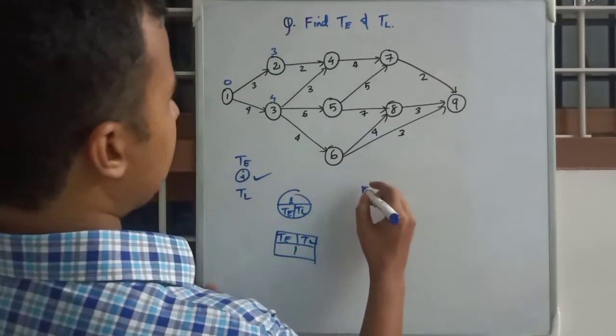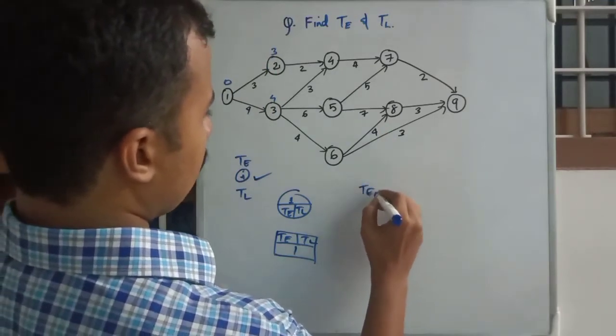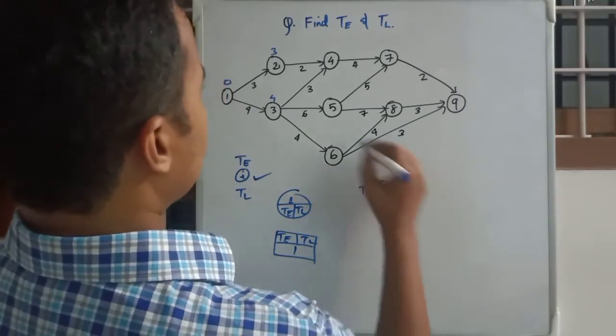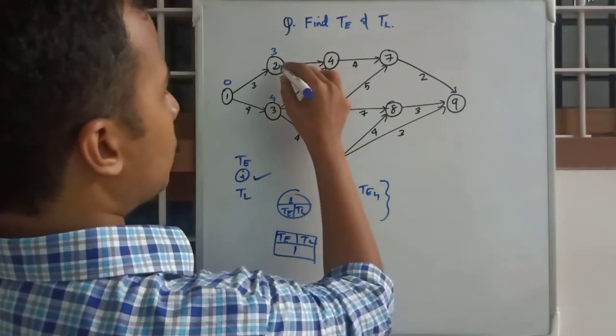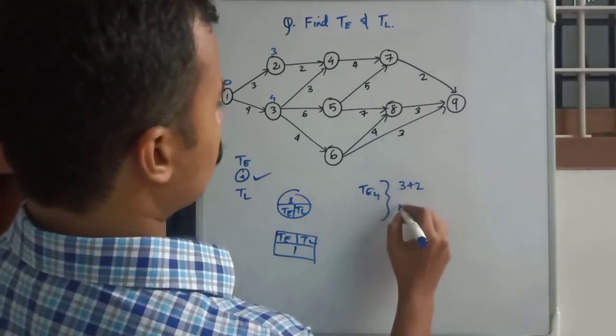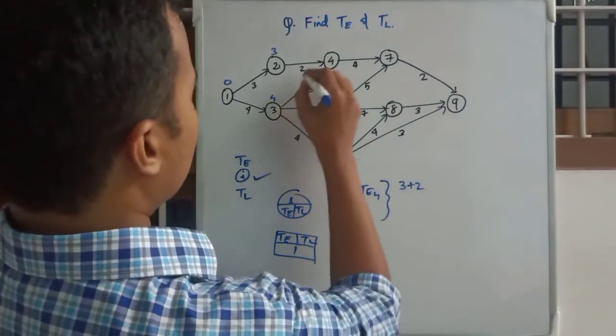So for TE4 you will have two values from 2, that is 3 plus 2 or 4 plus 3,